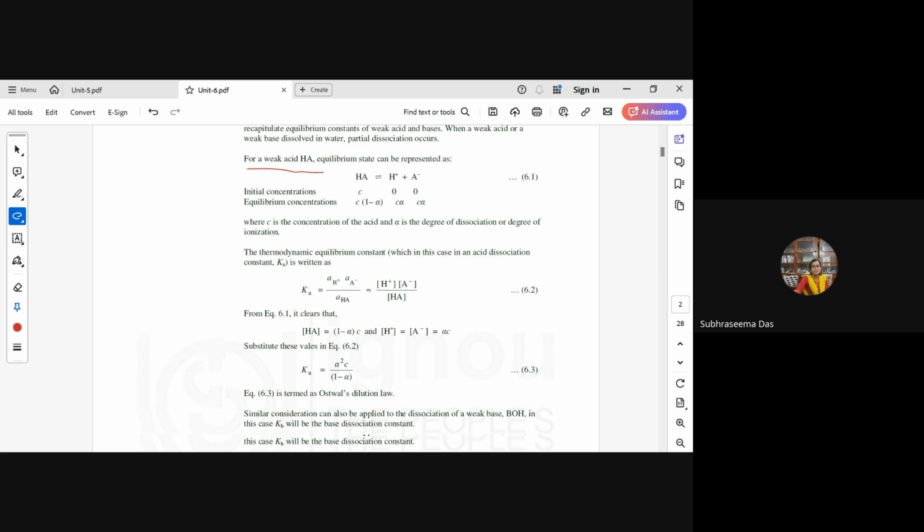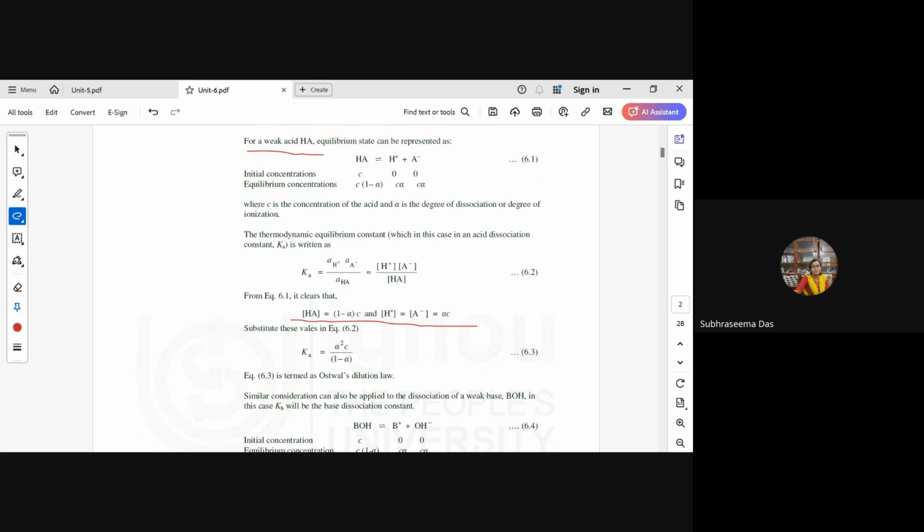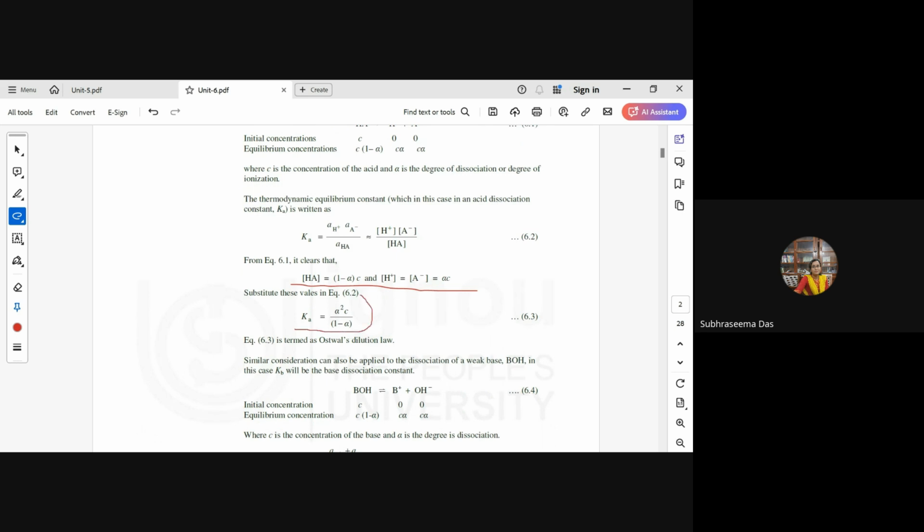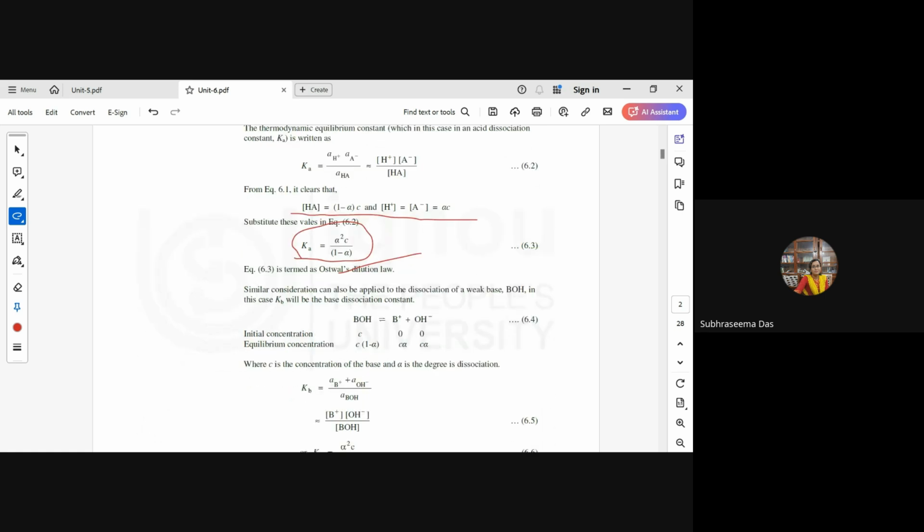Now, from equation 6.1, we see that the concentration of HA is equal to C into (1 minus alpha), and the concentration of H plus and A minus is C alpha. So, when we substitute these values in equation 6.2, we find the value of Ka to be alpha square C by (1 minus alpha). And this is called Ostwald's dilution law, which gives the dissociation constant considering the degree